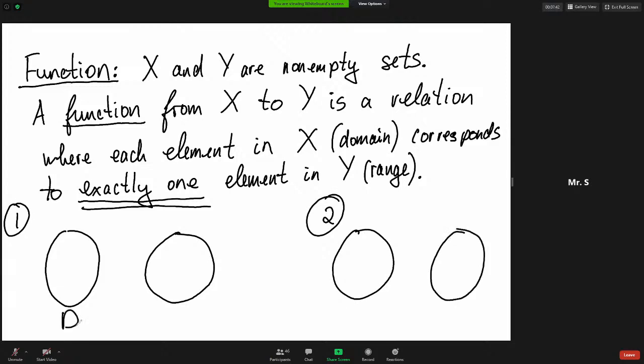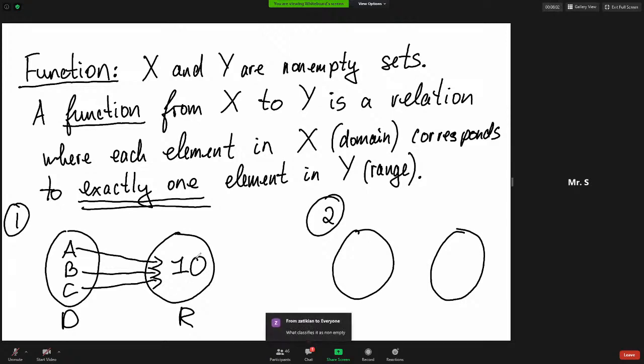Let's say I have my domain and my range, and here I have A, B, C, and here I have 1, and A corresponds to 1, B corresponds to 1, and C corresponds to 1. Let's make it 10 for unknown reasons. So is number 1,